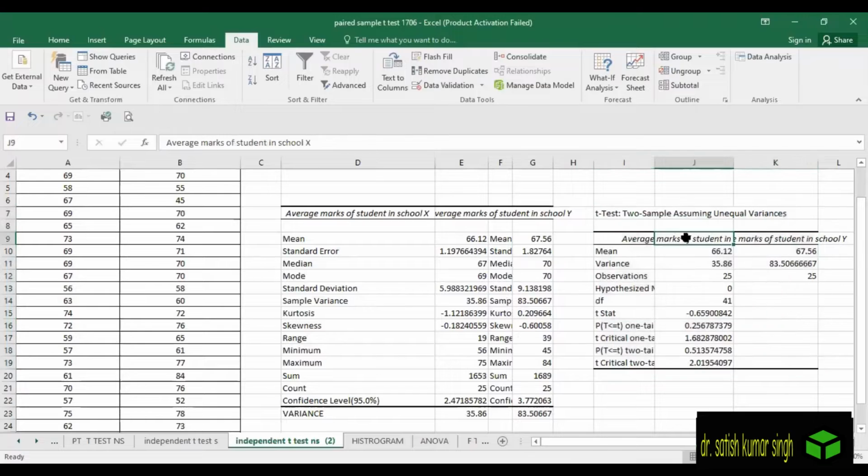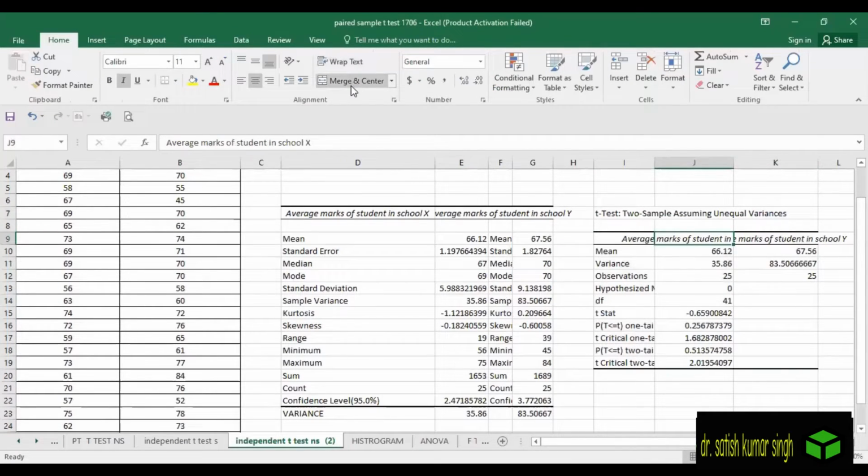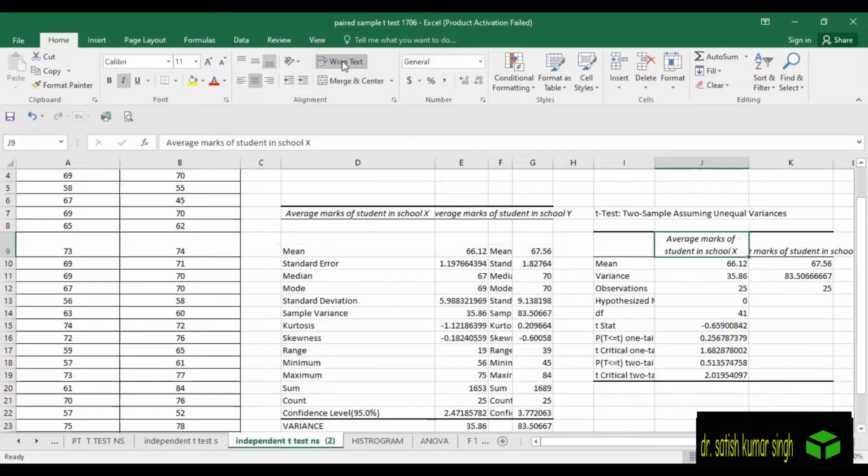Here you can see the mean marks, so this is the mean, which is the same as here, and the variance.